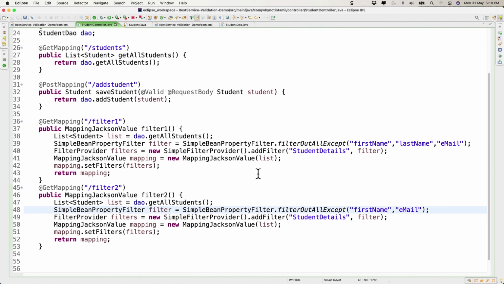When you apply a static filter, it doesn't matter how many methods you keep creating, the response is still the same. And when you're using a dynamic filter, for each and every method, you can define what kind of output you need or what kind of elements you need in your response.